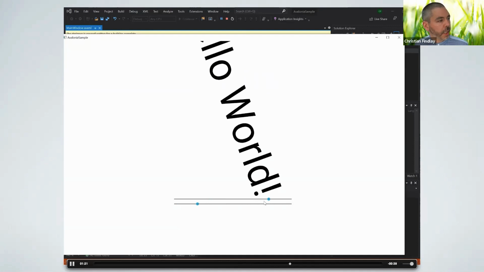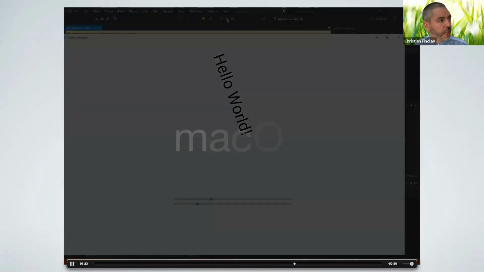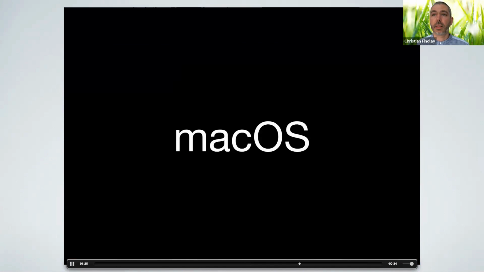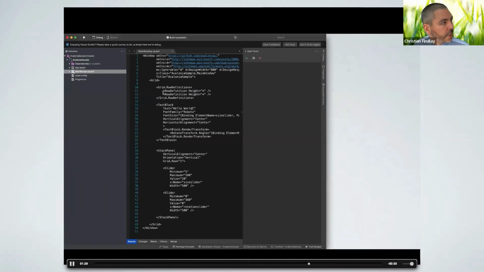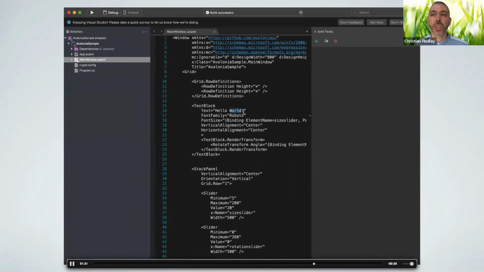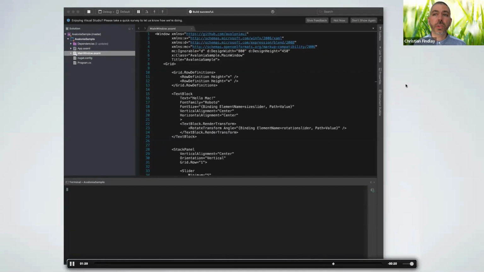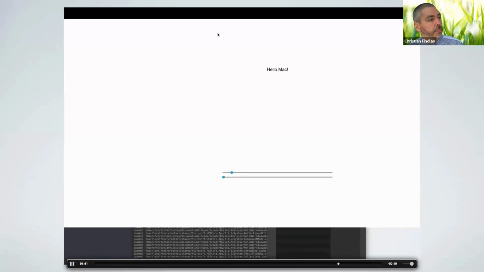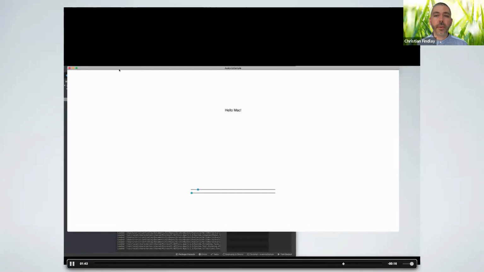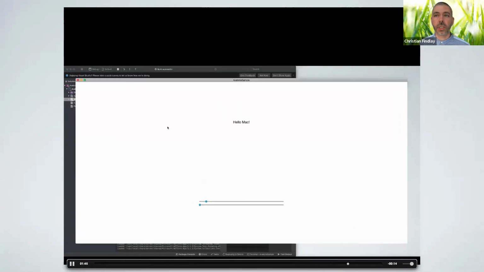Okay, so the rendering is very, very slightly different, but the idea is exactly the same. And the same thing runs on macOS, which is one of the features of Avalonia, that it works well on macOS right now. If you want to target macOS desktop, it's very good. And I haven't tried it, but I believe it's just as good on Linux as well.